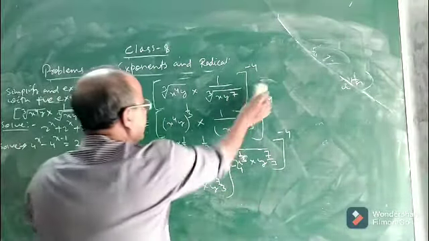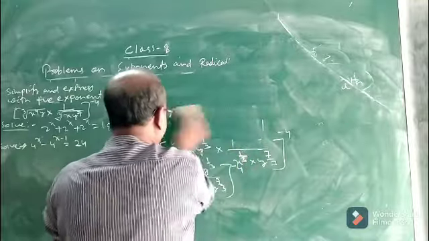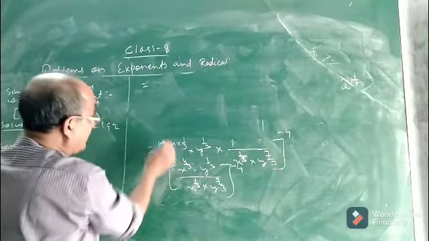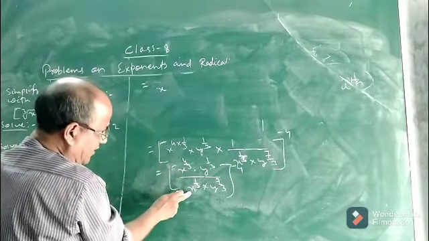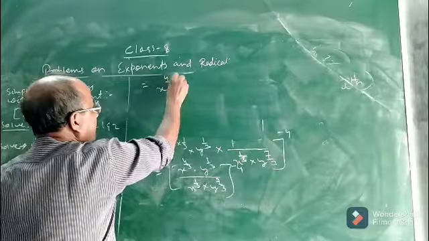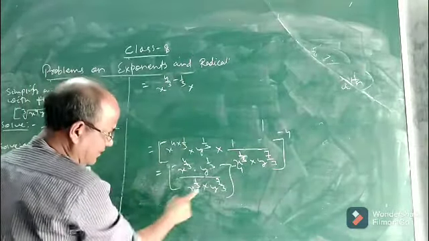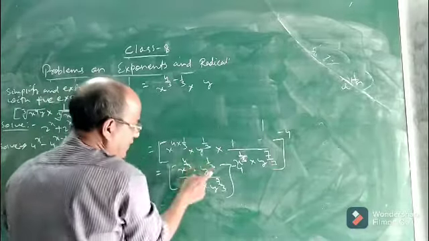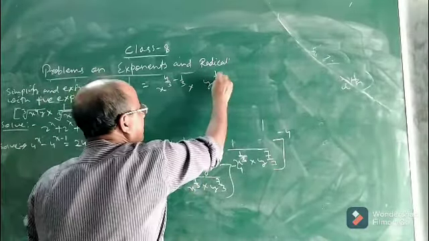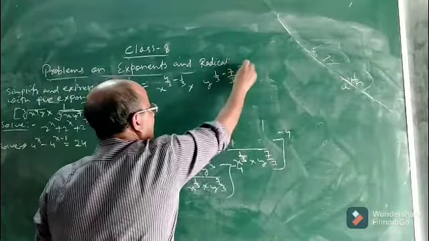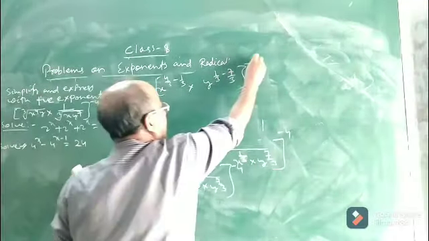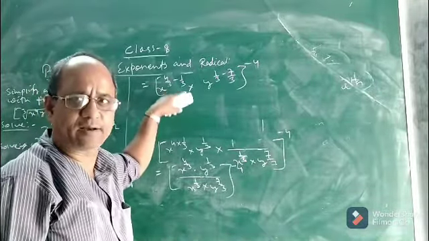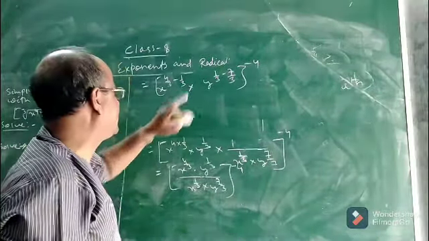So the next step will be equal to, you see children, what will be the next step? The next step is 4 by 3 minus, you see the base is the same and this one is divided, so it will be 4 by 3 minus 1 by 3. Then here again these two are divided having the same base, so their exponents will be subtracted, so 1 by 3 minus 7 by 3, whole to the power minus 4.